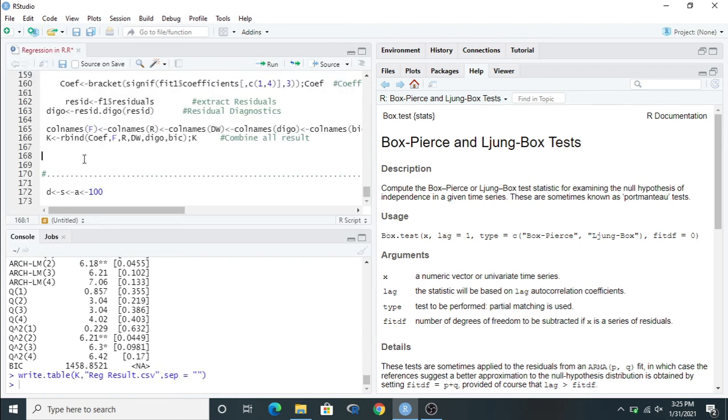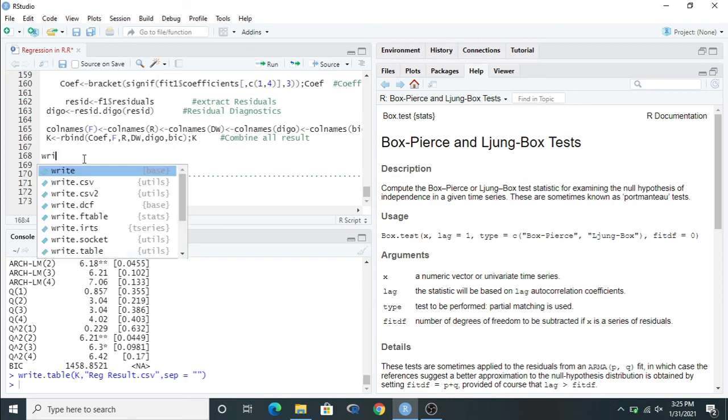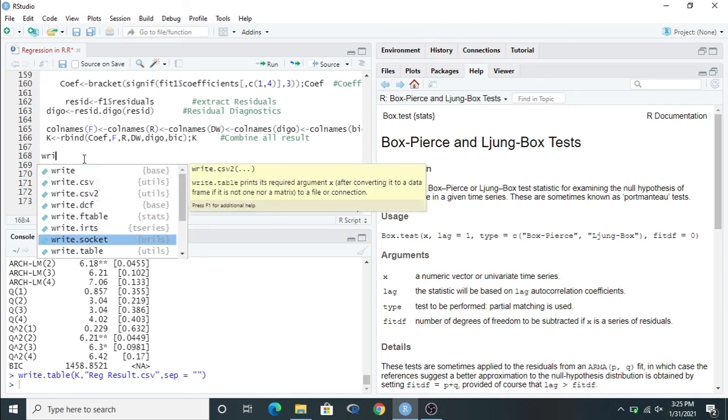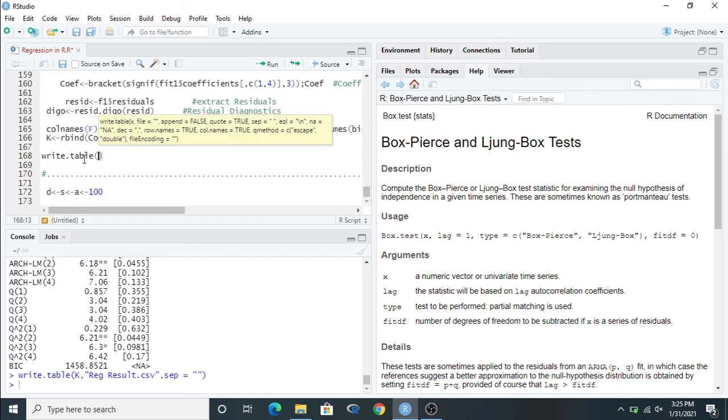If you want to store the result of this coefficient, then you can use write.table. The first element should be the value which we want to store, so the first one is your capital K, the second one is your file name. The file name should be inside a character vector. So we can write here regression result.